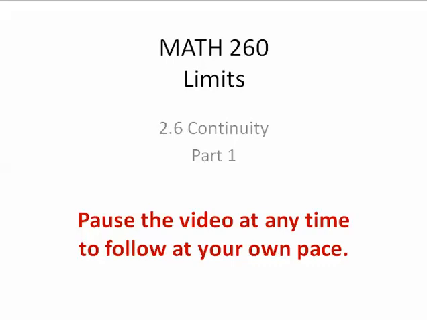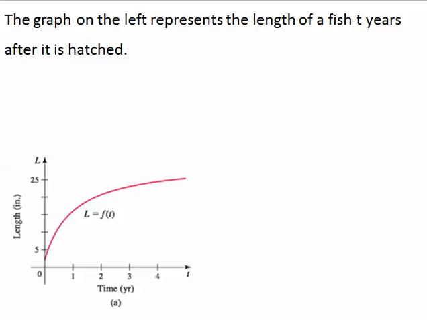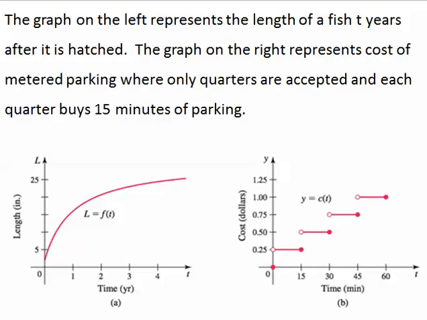Chapter 2, Limits, 2.6, Continuity, Part 1. The graph on the left represents the length of a fish T years after it is hatched. The graph on the right represents the cost of metered parking, where only quarters are accepted and each quarter buys 15